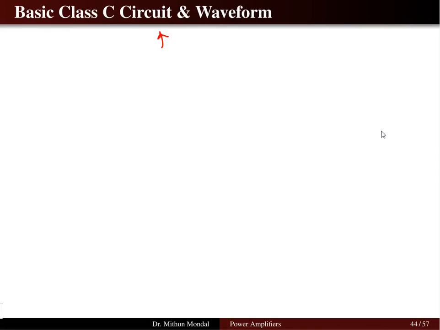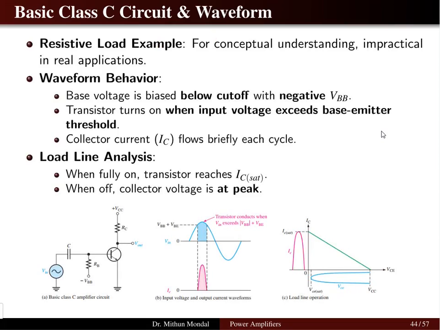If we talk about the circuit and the waveform of class C amplifiers, let us take the example of a resistive load, which is only for conceptual understanding. However, it is impractical as a real practical example. The waveform behavior is such that the base is biased below the cutoff with a negative base voltage VB. So we are basically supplying the base voltage VB, and the transistor